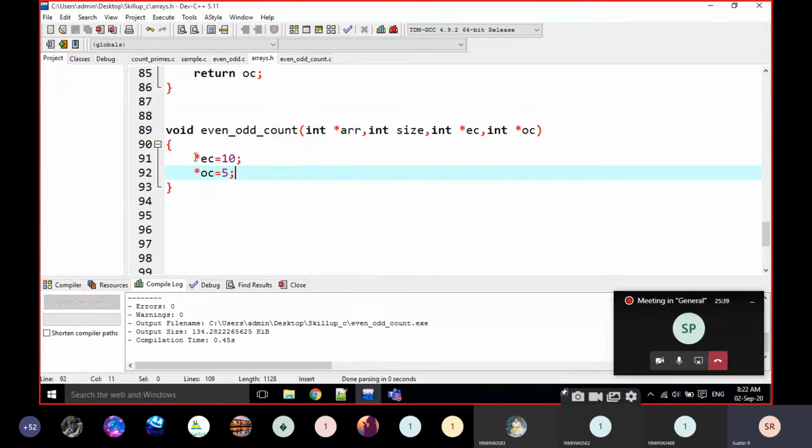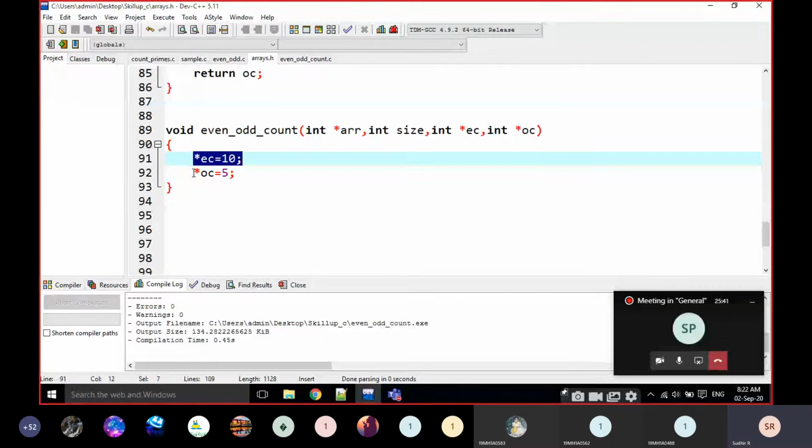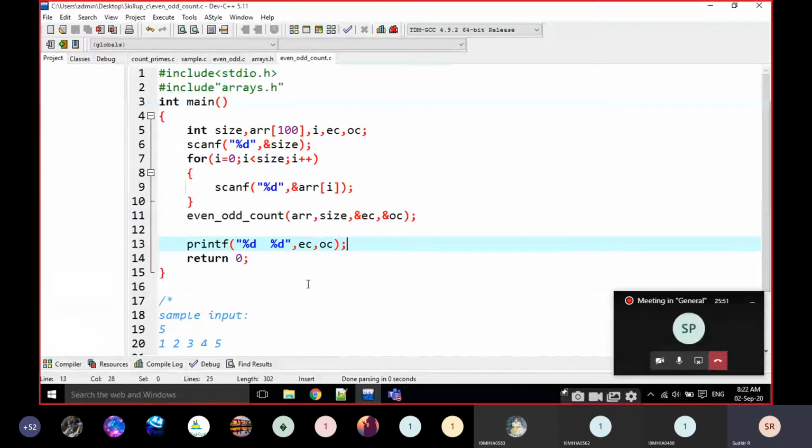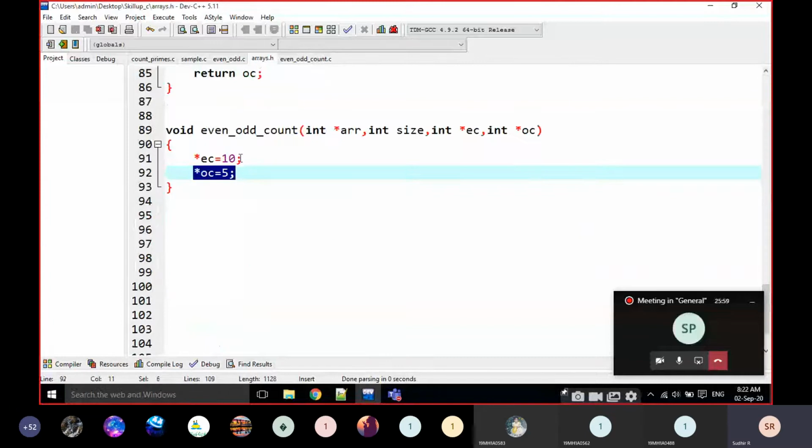Here I am modifying the values to 10 and 5. If you modify them in the function definition, the values are modified in the main function also, because these are passed by address. Is it clear or not, everyone?